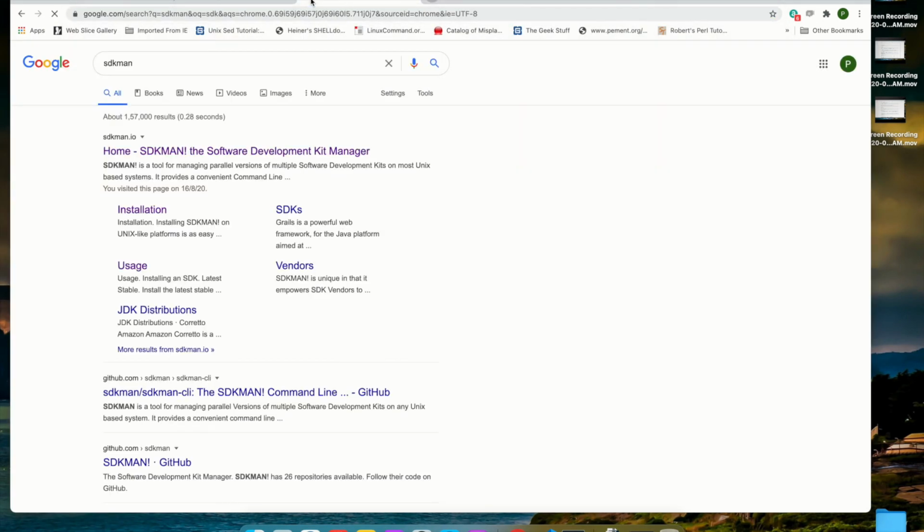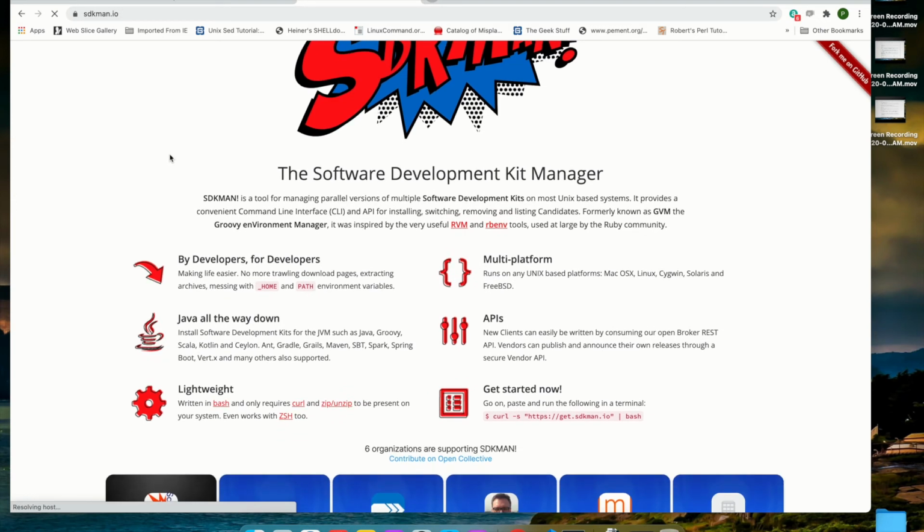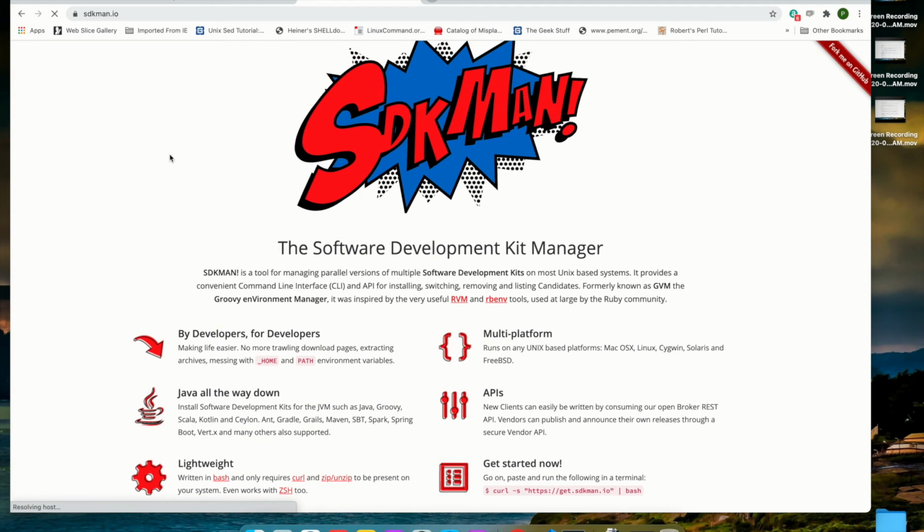Even in Java, suppose you want to install 1.8, but in 1.8 itself there are so many versions available at the moment. That is where SDKMAN comes into the picture and solves this type of problem,